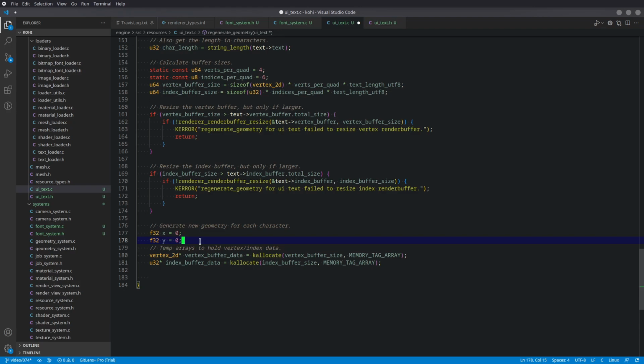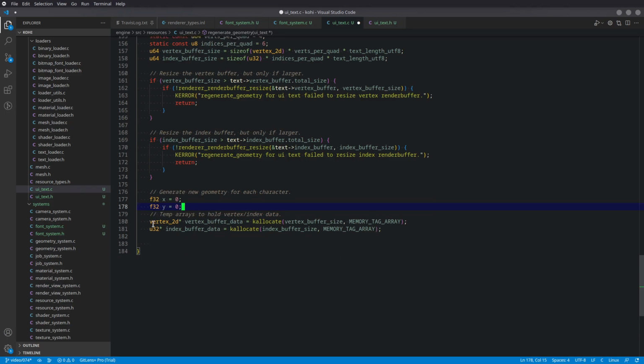And then for any new lines that we find, we're going to bump the Y-axis and reset the X-axis. And so we need to keep those running totals, right? And then we're going to have some temporary arrays to hold the vertex and index data that we're going to be generating. And then we'll eventually load those into these buffers up here,